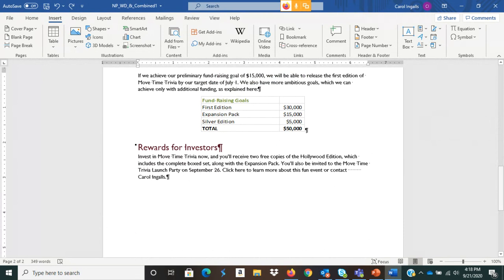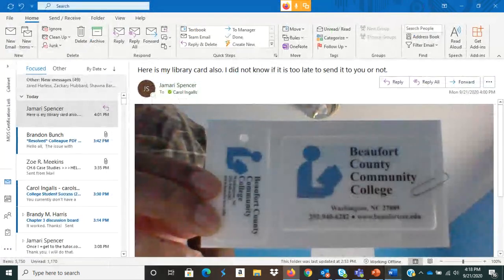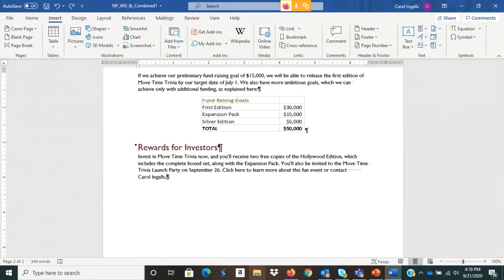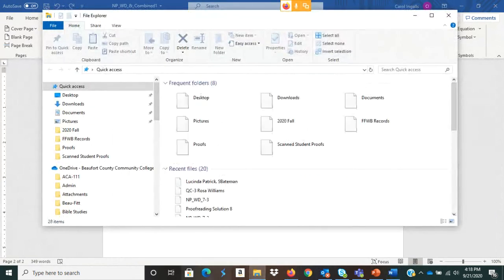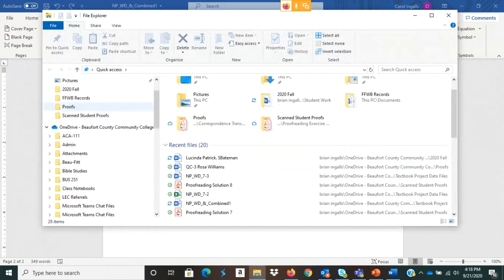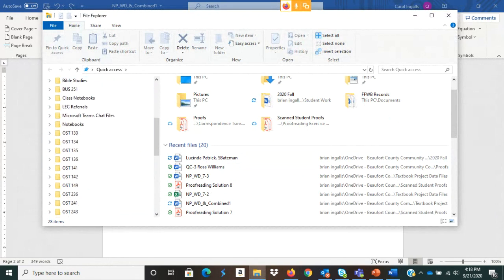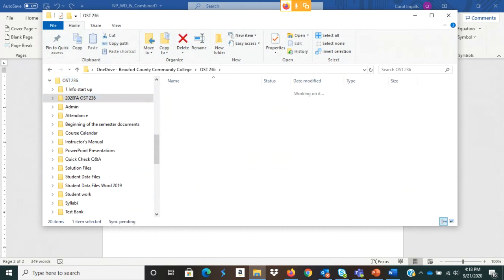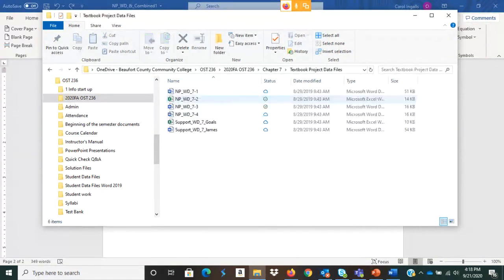So the next thing that we want to do is put a hyperlink to a location from a different document. So what we're going to do is, whoops, I didn't mean to bring that up. We're going to have to open a new document. And this is one of our data files that we're supposed to be using for this particular project. So I'm going to go to my 236 files, chapter 7, and project data files. And we're going to open